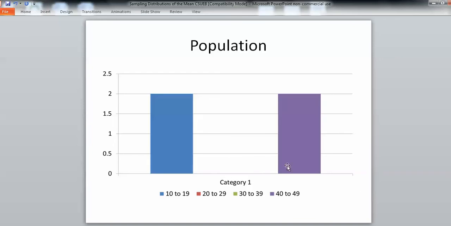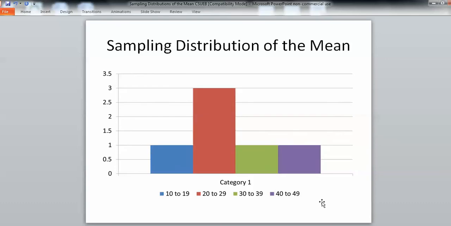These are the 4 people in the population. We had 2 people in the population who were between 10 and 19 years old, and we had 2 people in the population who were between 40 and 49 years old, which were the parents. So this would be the histogram of the population, of the individual people in the population. This right here would be a histogram of the 6 possible sample means,